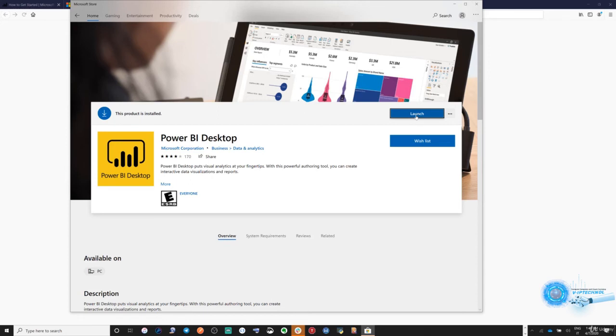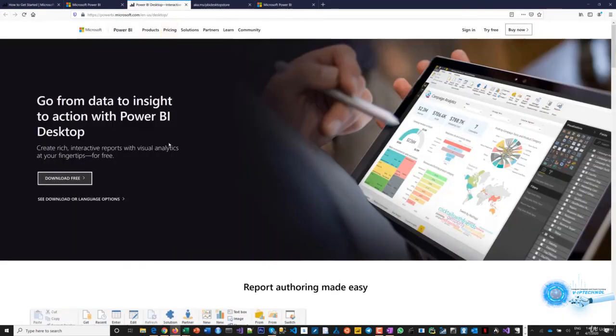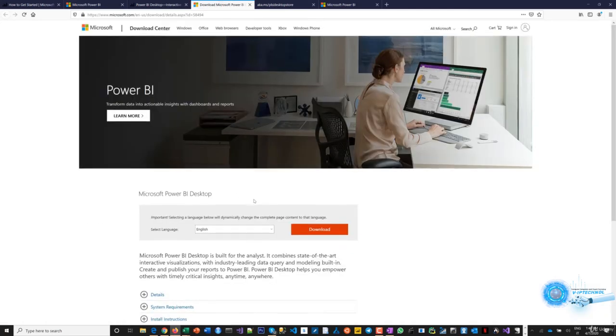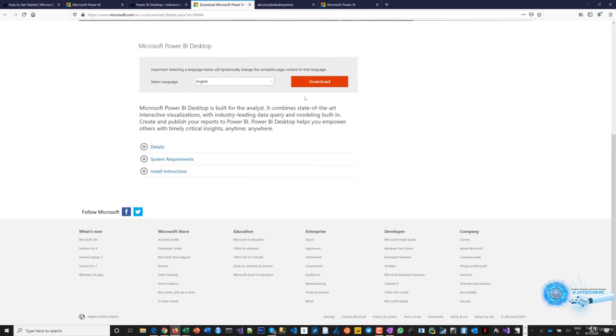But the benefit of using this is it auto updates. So whenever there is a new update, your Power BI will automatically get that update, and you won't have to remember to update your Power BI. But then, like I said, if that option is not possible for you, you see this See download and language options. If you expand it, or you click on it, a new page comes up, and here you are able to download the Power BI